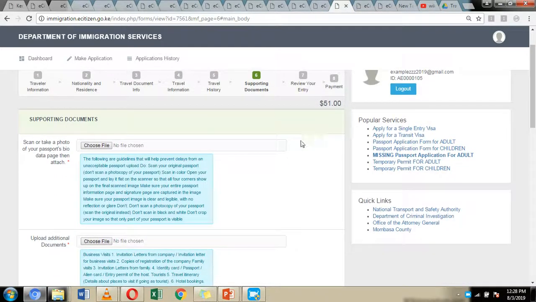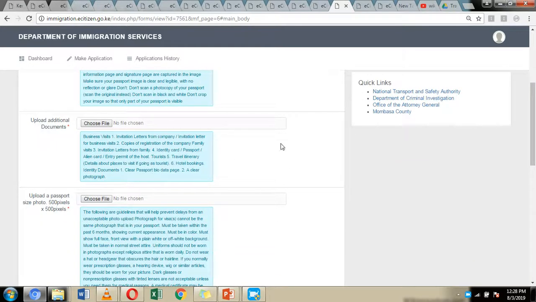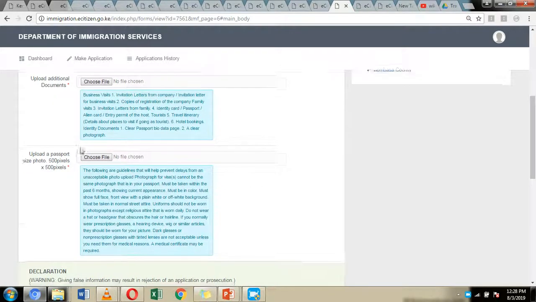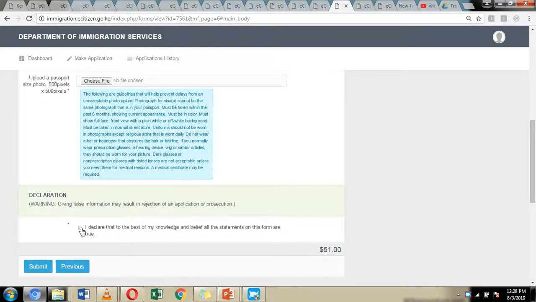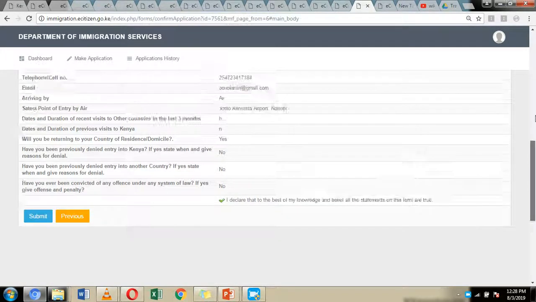After that, upload supporting documents, which is a scanned photo of the biodata page of your passport. Upload supporting documents, which include invitation letters from the doctor, a letter recommending you to be treated in Kenya, return ticket, all the supporting documents. We have already mentioned them in the document section, and upload your passport photo. Click on the declaration here, click submit, which is going to direct you to the next page